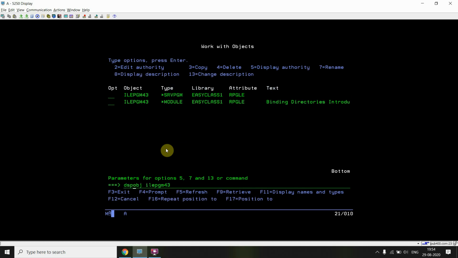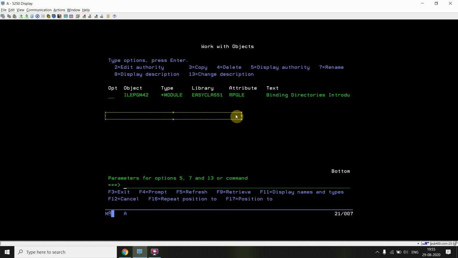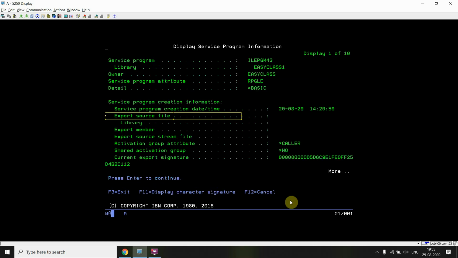Just do DSPBNDDIR ILEBNDR. You can see that ILEPGM41 and 42 are added here. Then DSPSRVPGM ILEPGM43.